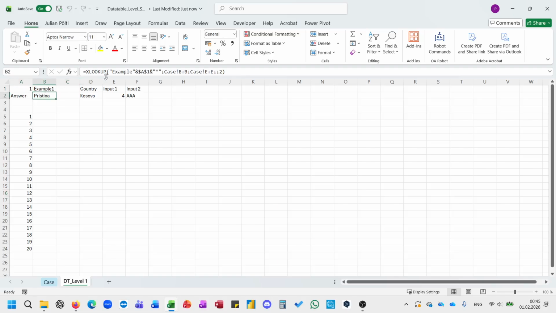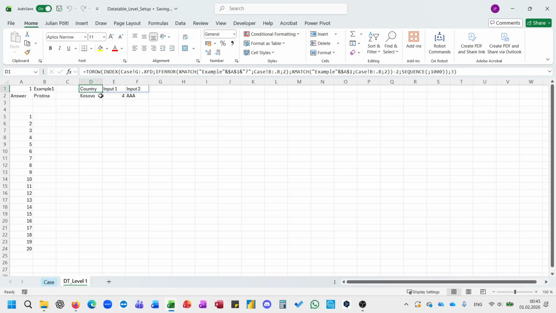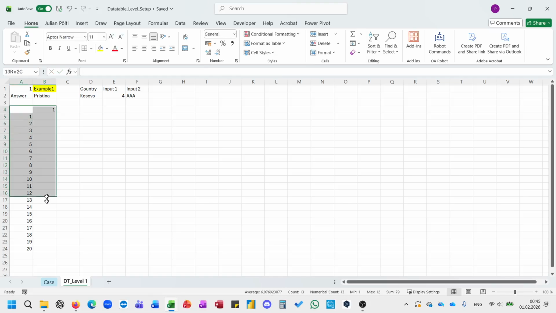Here is the answer, for example, for the first example. Then here the example is written in plain text. Here is the header, and here is the input based on the alternating thing. And then basically a model here. Then I have my input, my output, and then I create the data table where B1 is alternated, and in B4 there's my result for